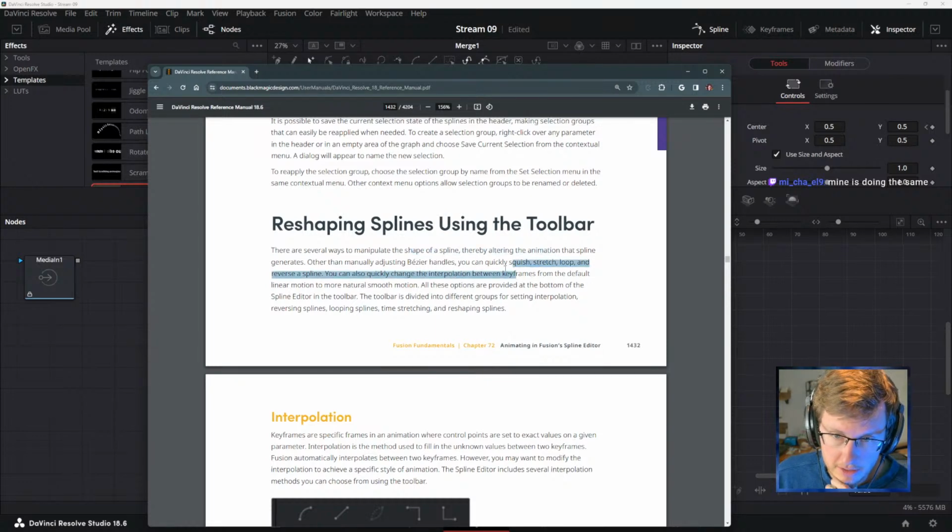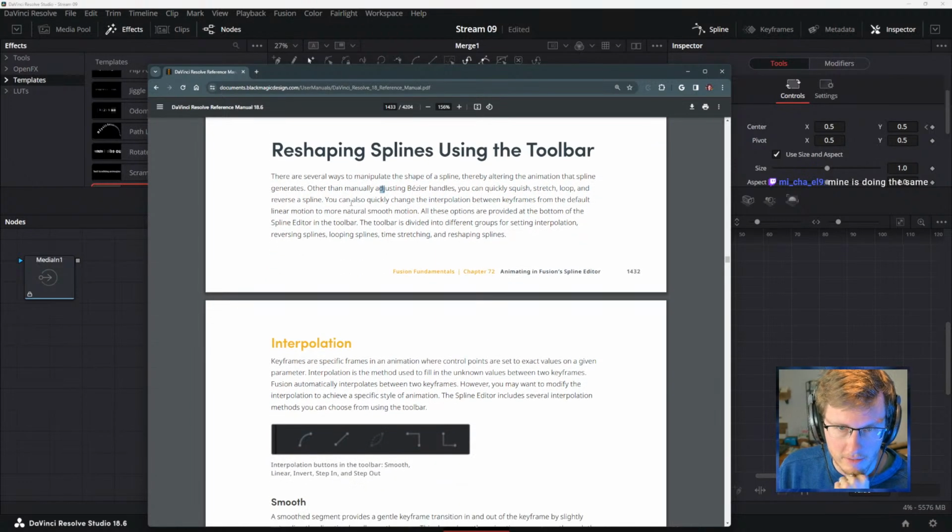Reshaping splines using the toolbar. These are several ways to manipulate the shape of a spline, thereby altering the animation that spline generates. Other than manually adjusting the Bezier, you can quickly squish, stretch, loop, and reverse a spline. You can also quickly change the interpolation between keyframes from the default linear motion to more natural smooth motion.